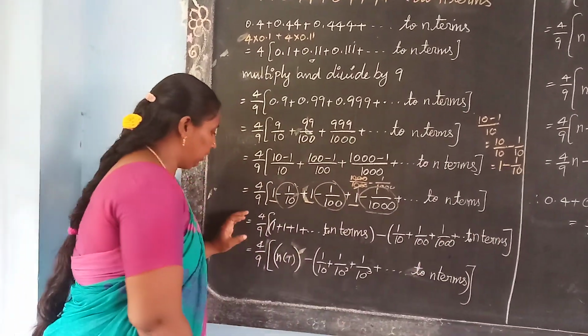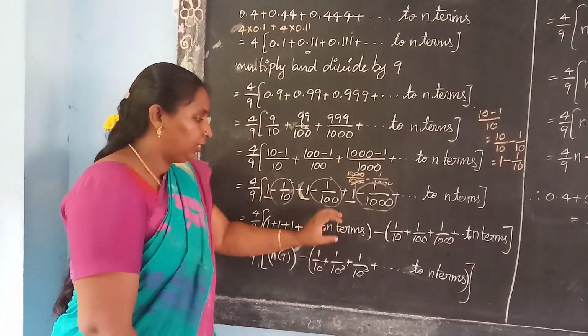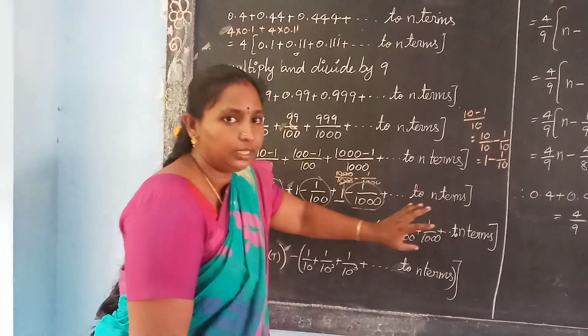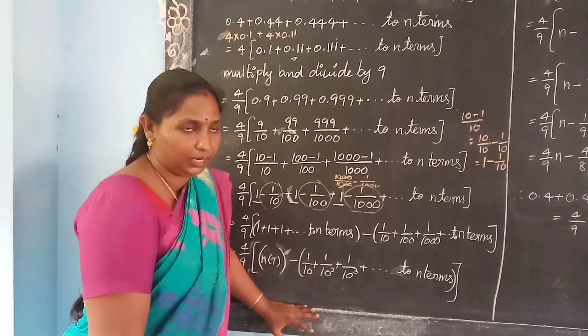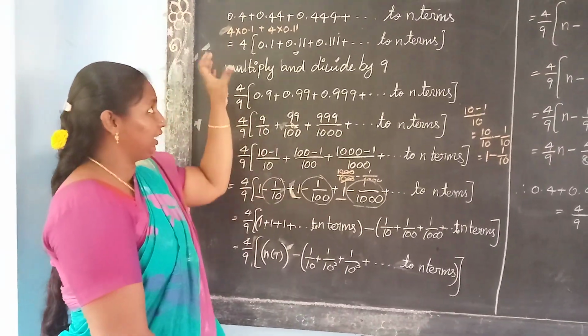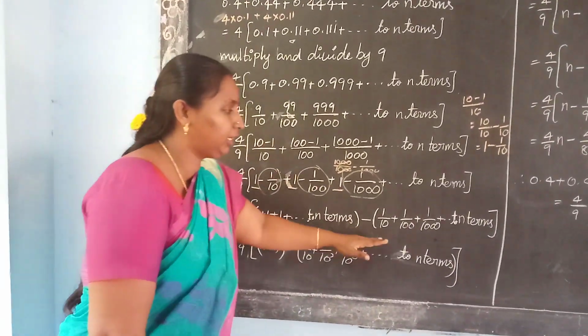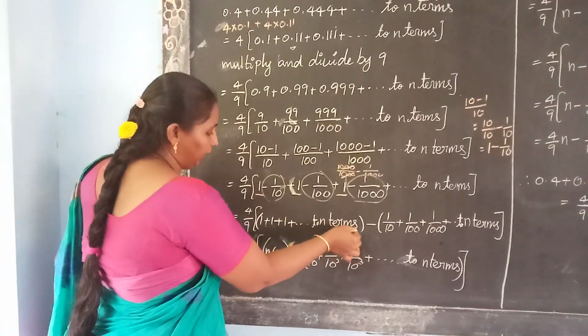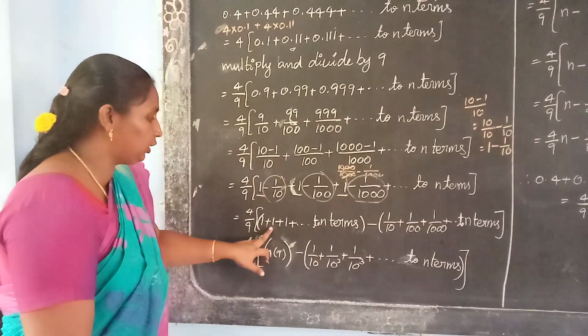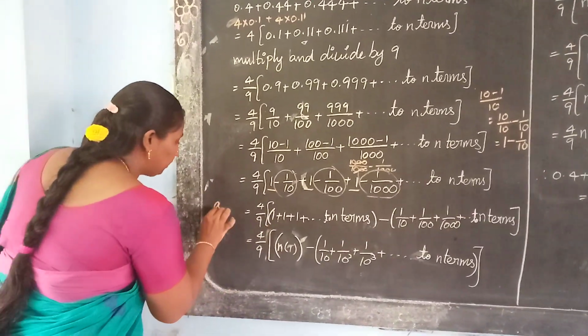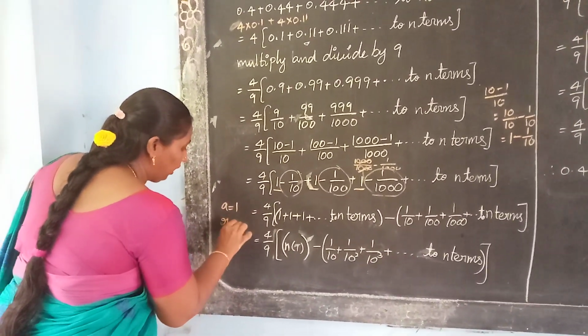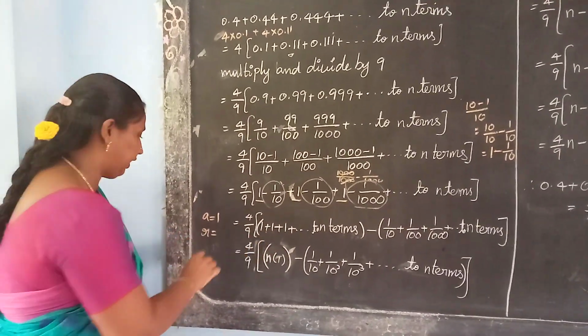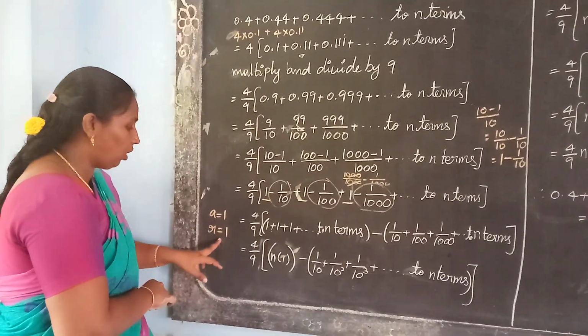Why are we changing and writing like this? Now generally you can find here a geometric series, then you can apply the formula easily. Now we are converting the given series into the GP. Okay. So here 1 plus 1 plus 1 and so on to n terms. Here the first term A equals 1, and R is T2 by T1. Now you get 1 by 1 only. So R equals 1.